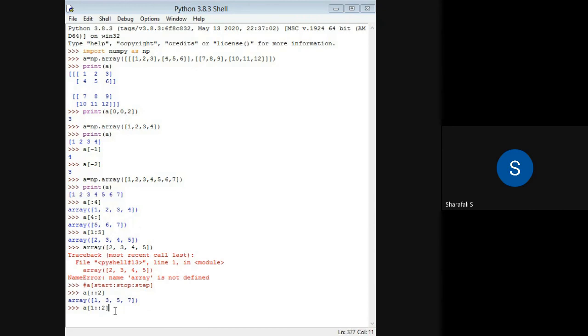If I print that, I will be getting 2, in steps of 2, so the next one is 4, then 6. And there are no other values in steps of 2. So I will be getting 2, 4, and 6.